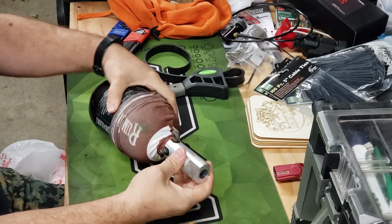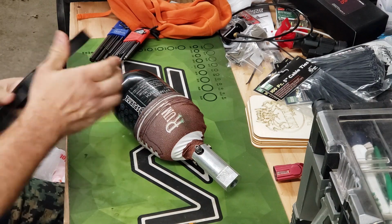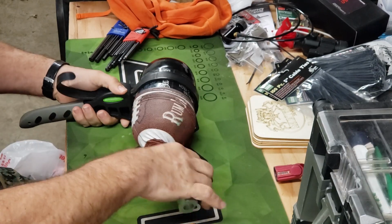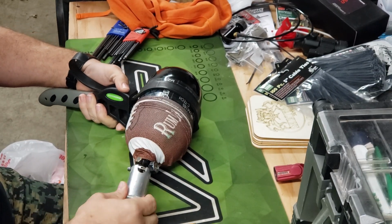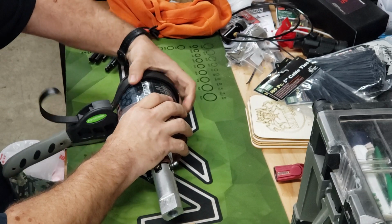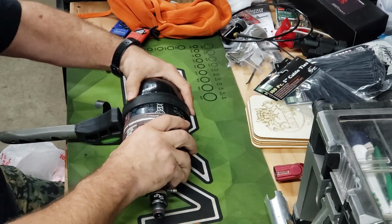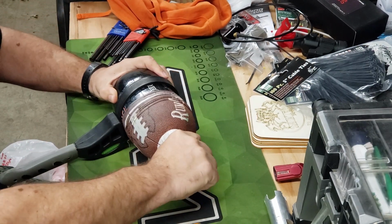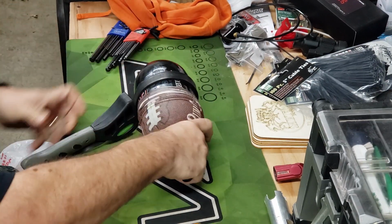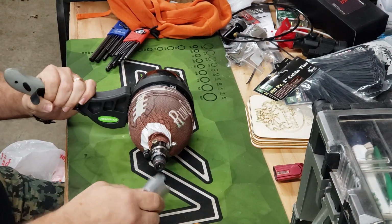Now, if need be, this is a Harbor Freight ratchet or rubber strap wrench, and this is what I do. So I'll put this on here like this, and that gives you more traction. Actually, I got it on backwards. Sorry, guys. Goes on like that. So when you put the strap wrench on, you're going to be twisting against it, so you have it so this foot area pulls against it. And what that does is it almost acts like a vise. So you can put it in here like this